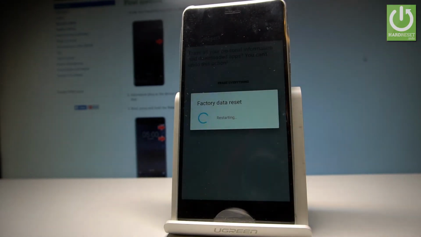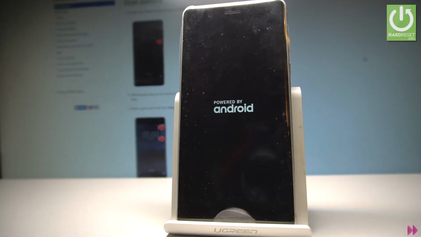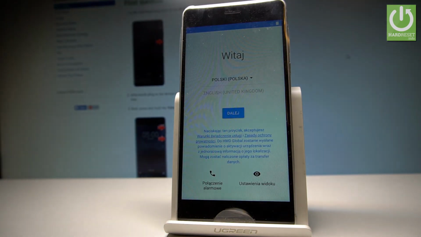And that's it. Right now the device is performing the hard reset operation. The phone is erasing all personal stuff and customized settings. Excellent, as you can see the welcome panel just pops up, so it means that the hard reset operation is